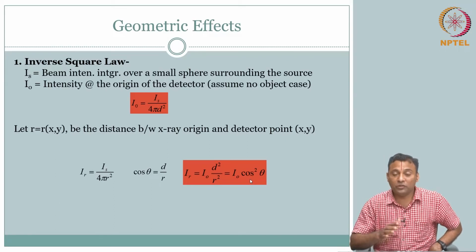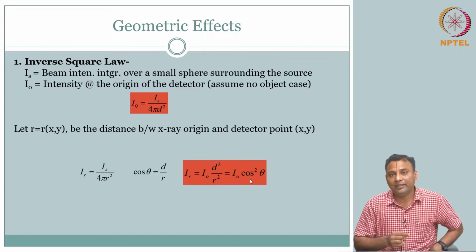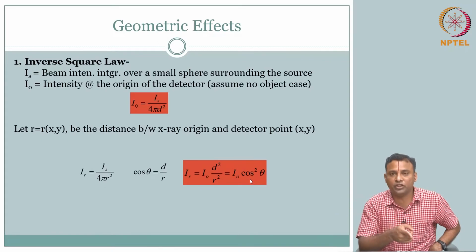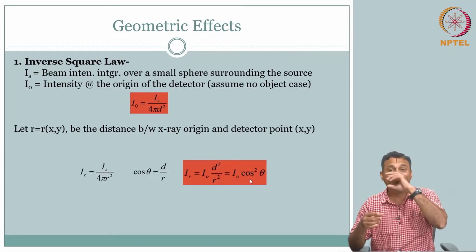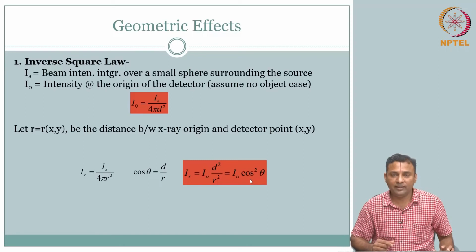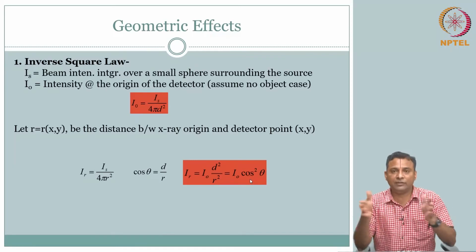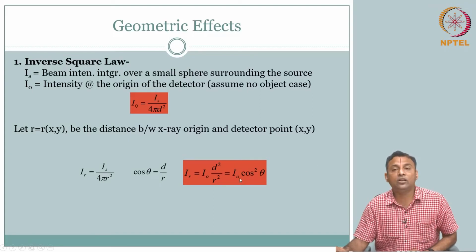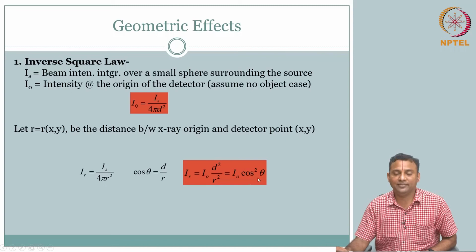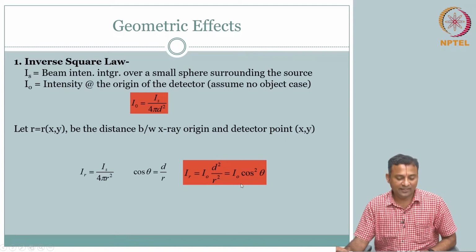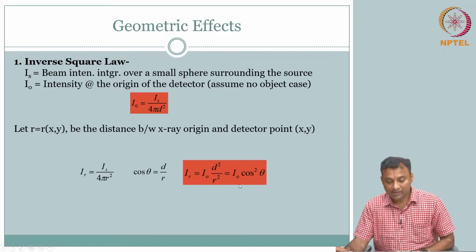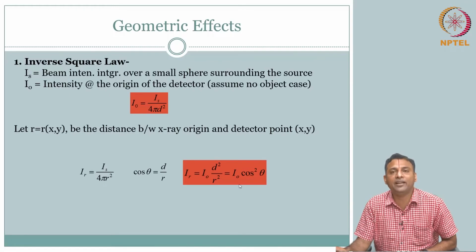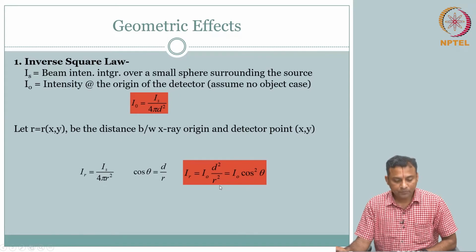right. So, you see the complexity now: without even having the object, you are receiving something at the detector solely because of the geometry, where the source is sending out a diverging wave, and therefore, depending on the distances involved, you could actually see a pattern. In this case, it is a cosine square theta, a nice pattern that you are going to see. So, this is something that we need to worry about, but more importantly, we need to update our equation to incorporate this.